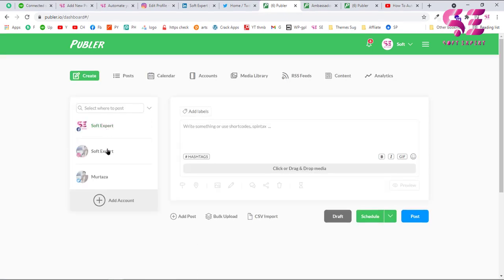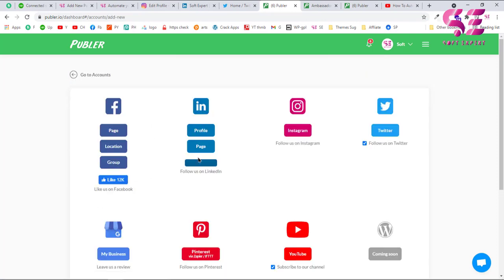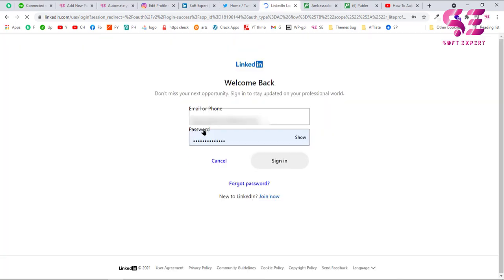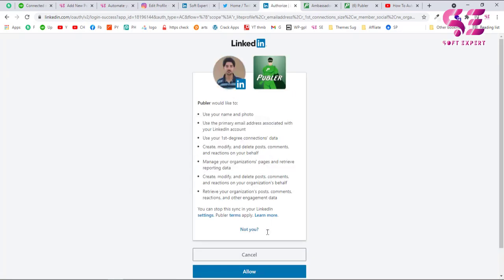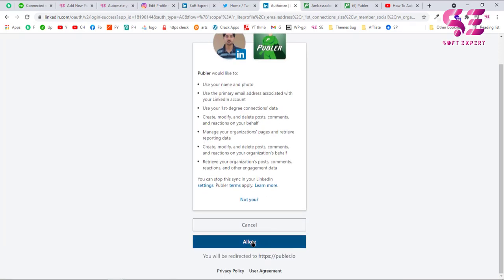Now you can connect multiple accounts over here, and in the last I want to connect my LinkedIn also, so let's click on this. And inside LinkedIn you can also connect your profile or your page, so I'll click profile. Sign into LinkedIn, scroll down and click allow.